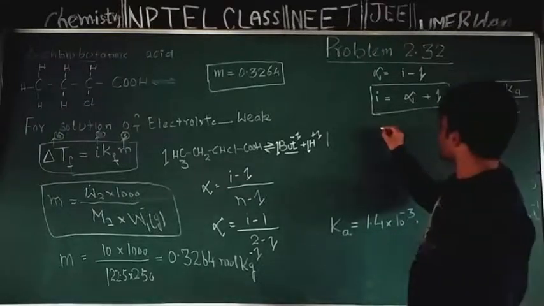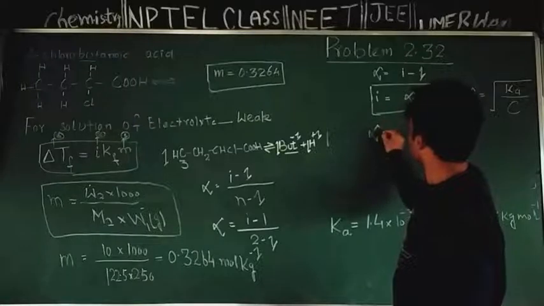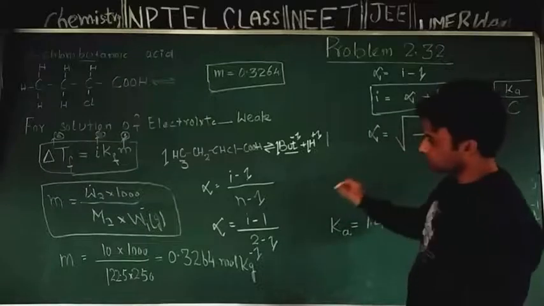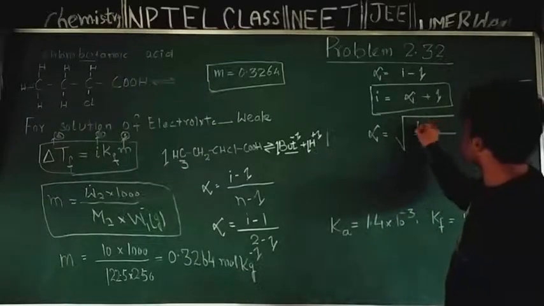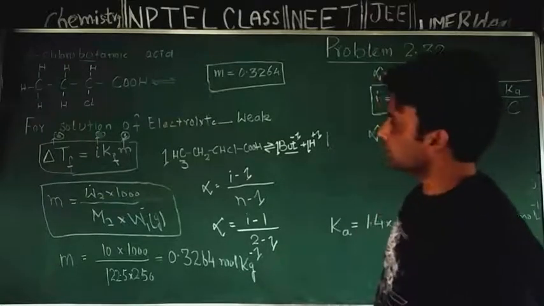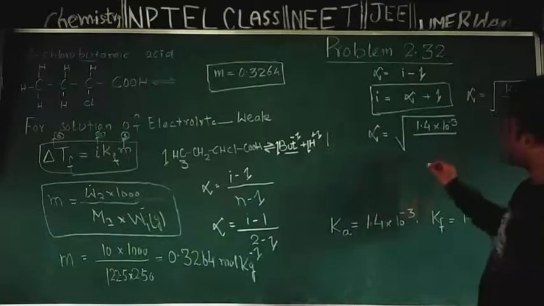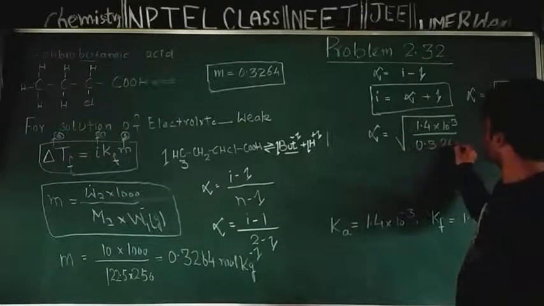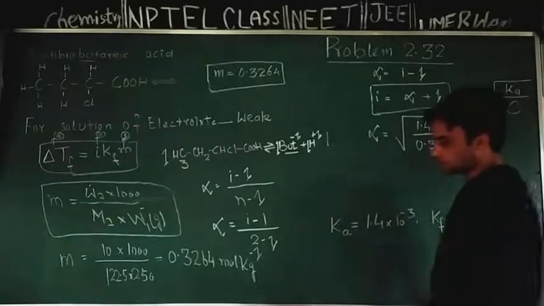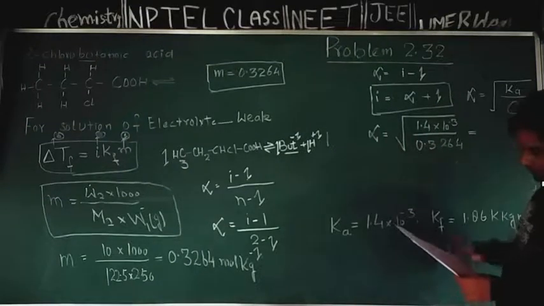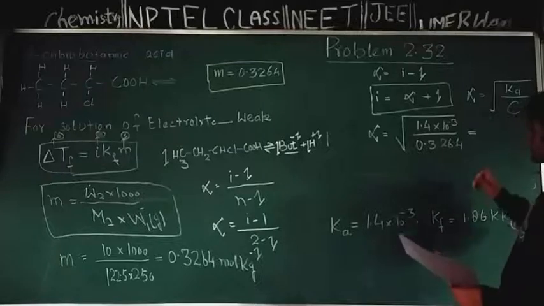Now alpha will be equal to under root of acid dissociation constant, which is given in the question, 1.4 into 10 raised to the power minus 3. Concentration I need to express in terms of molality, which I calculated equal to 0.3264, and after evaluation, the value of degree of dissociation comes equal to